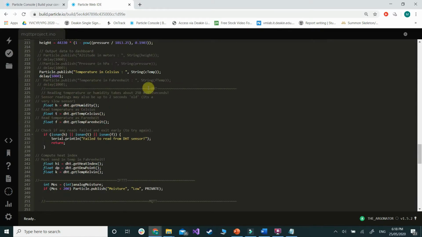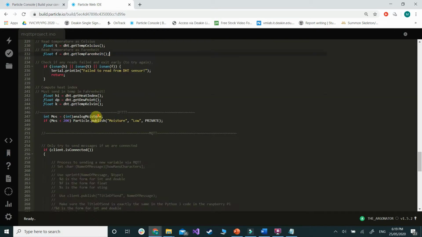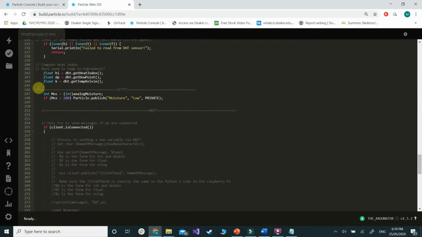If we go down here, we look at the specifics of the DHT. So we look at the three values that it gets. It gets humidity, temp in Celsius, and temp in Fahrenheit. I don't use temp in Fahrenheit, but that is kept in there for the sake of it. I've started my IFTTT alarm, so if my moisture, which I've just made sure is an int, made sure I cast it to integer, is below 200, it will send to my IFTTT,